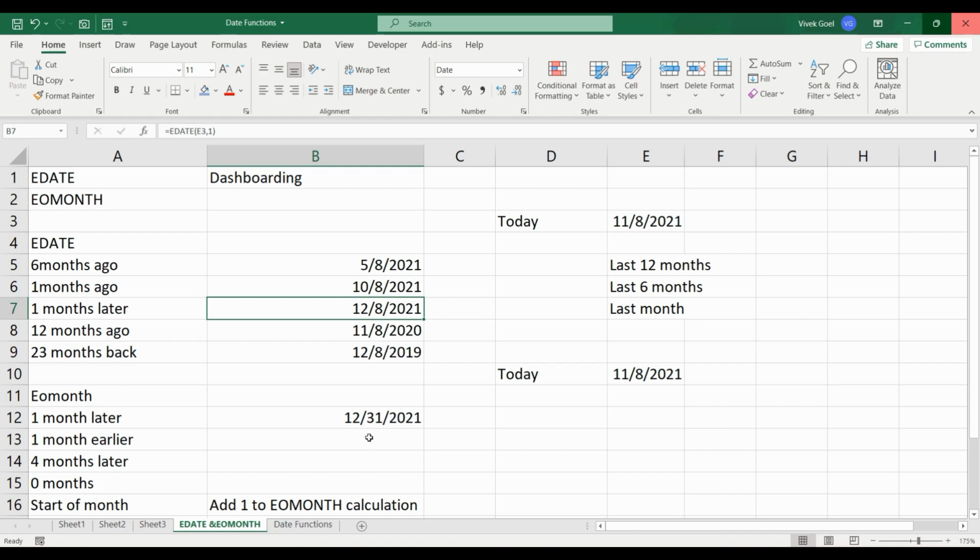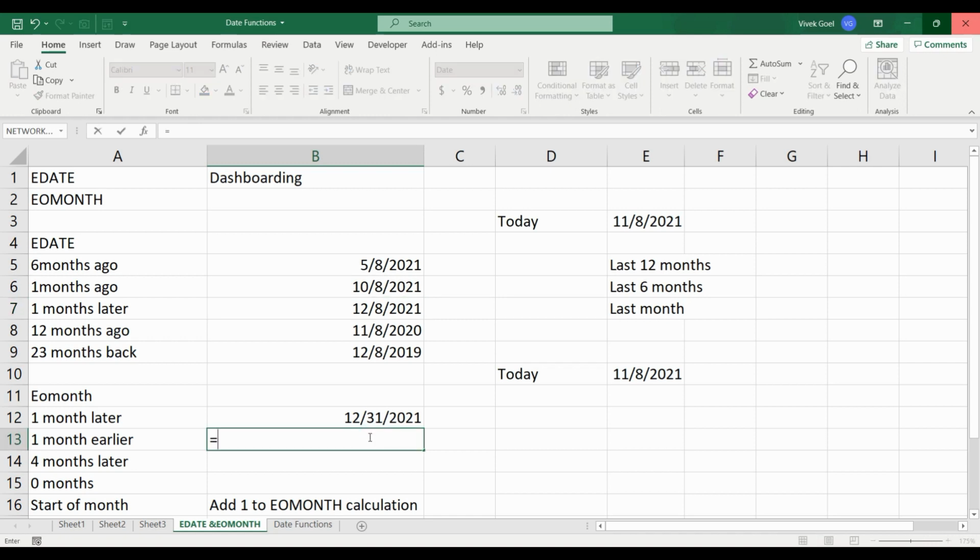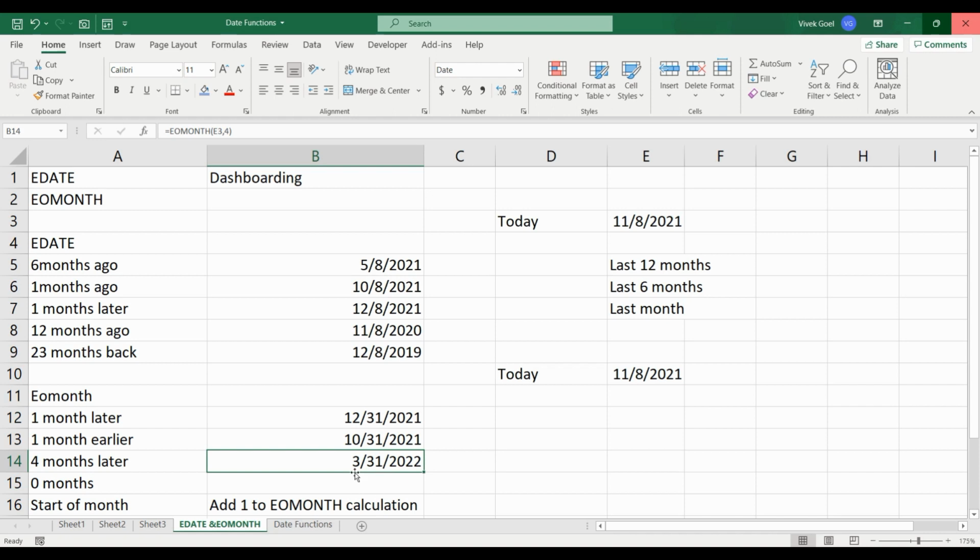Let's say we had specified -1 as the second parameter. Our date is 8th November 2021. So EDATE would have resulted in 8th October 2021 and the end of month for that would have been 31st October 2021. If we add 4 months, EDATE would have resulted in 8th March 2022 and EOMONTH for that would be 31st March 2022.